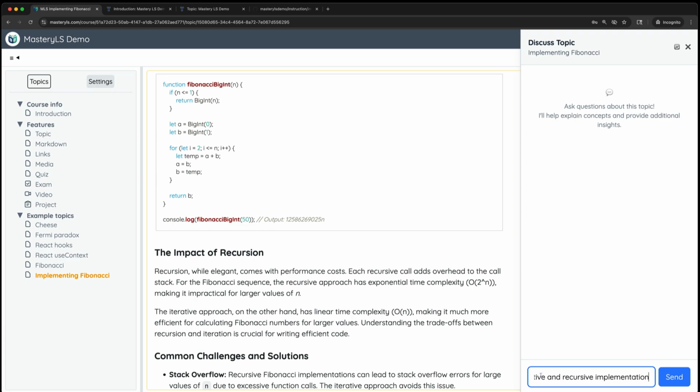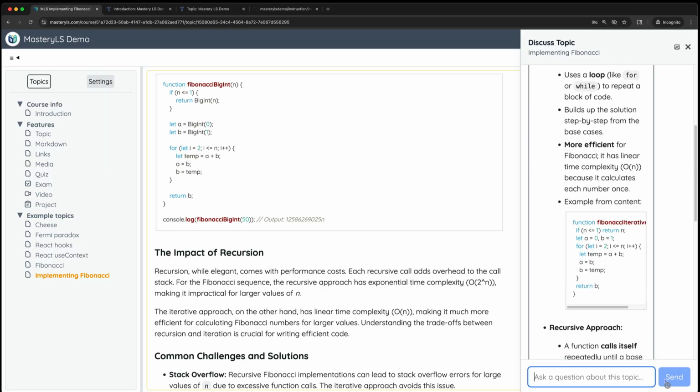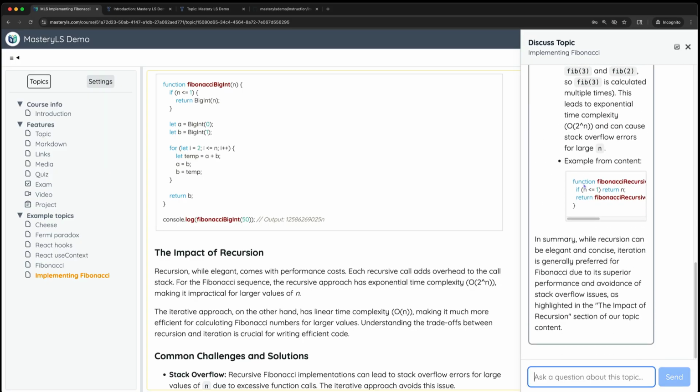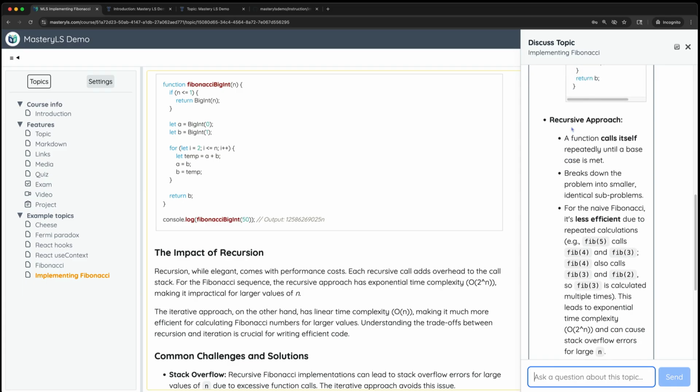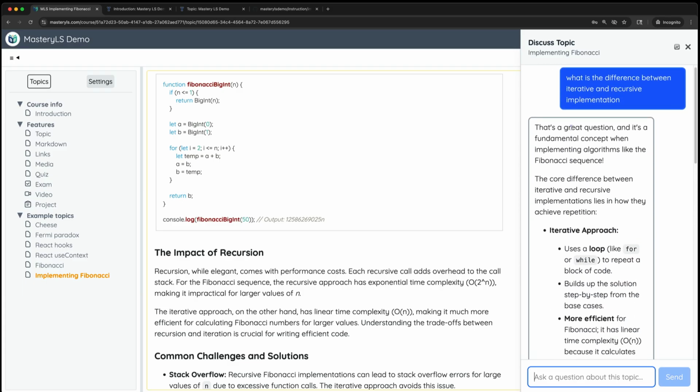Now, because the AI has complete access to the context of where the question is being asked, it's able to give a very targeted response when it actually responds to the learner. Here you can see that it actually provided a code example, a detailed representation of what the differences between the iterative and the recursive approach are, which is completely tailored to the user's context and also helps them fully understand